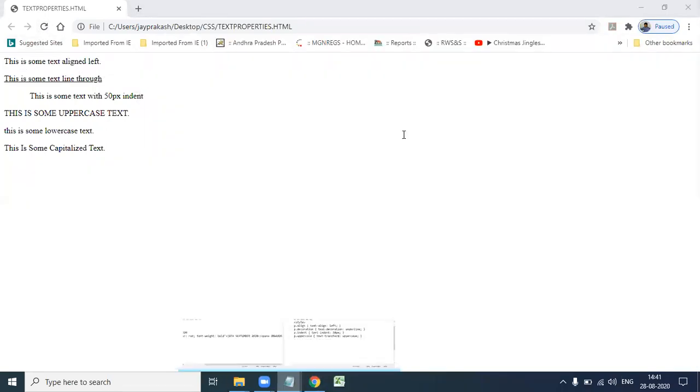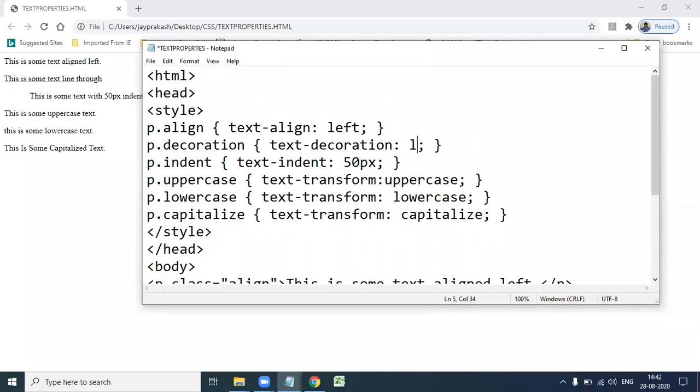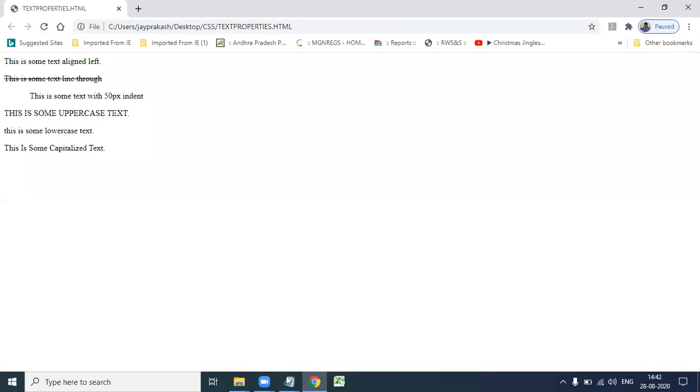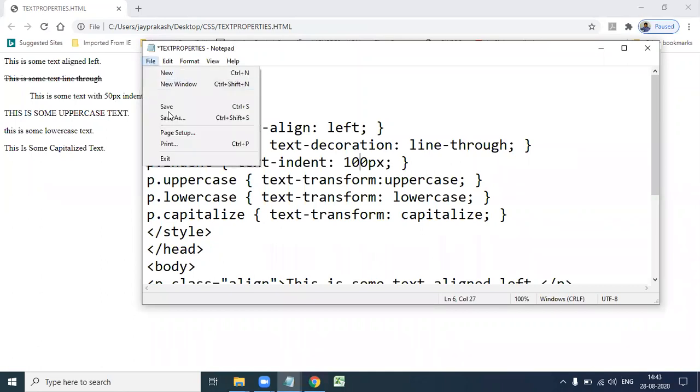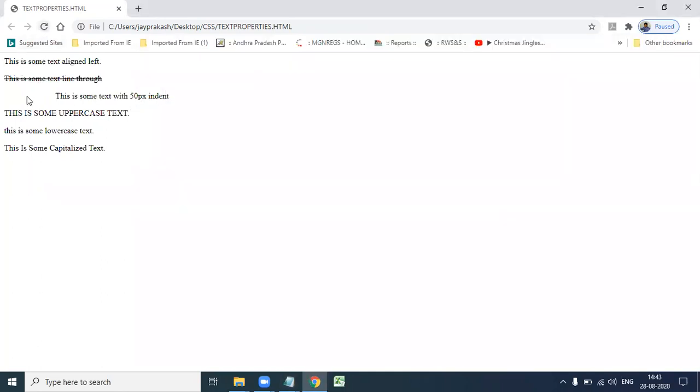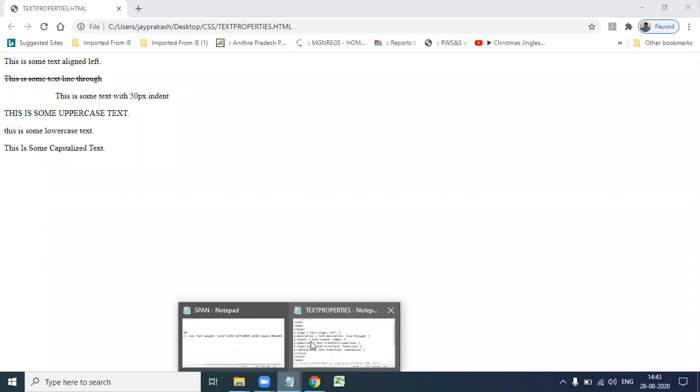Here line-through: this is some text line-through. That is the decoration property. Next, indent, which is space before the line. Here there is a 50 pixel space before the line. If you want to add more space, give 100.